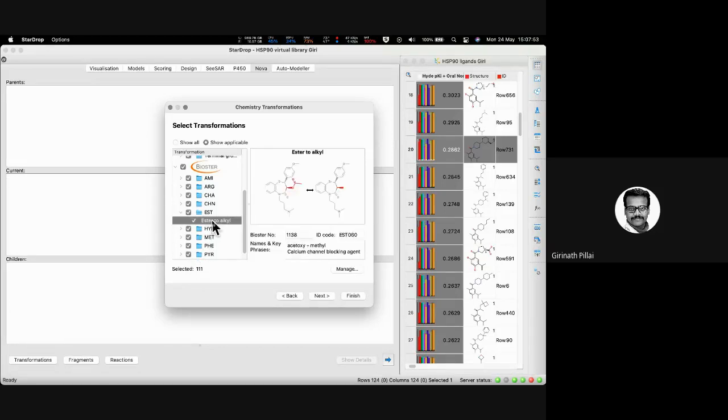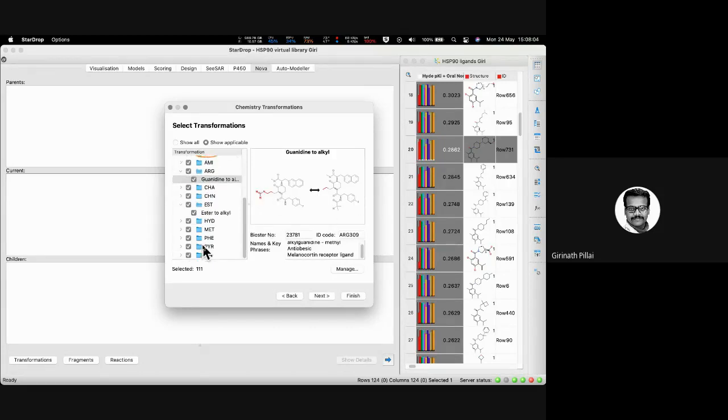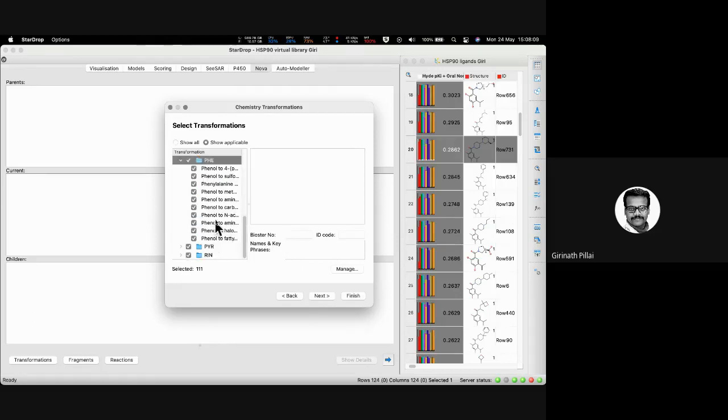Now let's look at it. Within the structure, I can transform ester to alkyl, or I can transform guanidine to alkyl. The beauty here is that for a synthetic chemist or a pharmaceutical chemist, this is the better part. Now it is saying phenol to aminomethyl aniline, that would be good. But how to do the synthesis? Has this been reported earlier? If a person does not have SciFinder access, how do we do that?